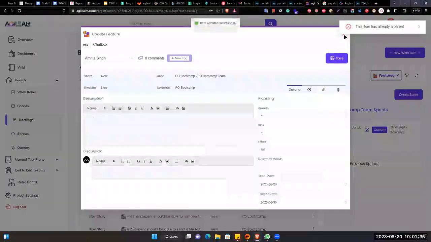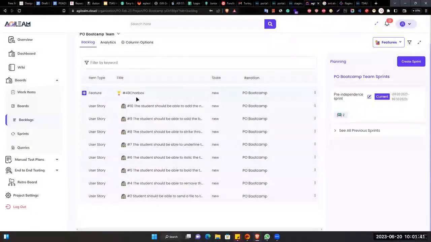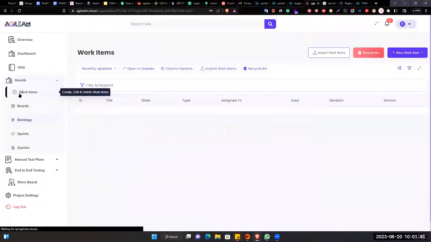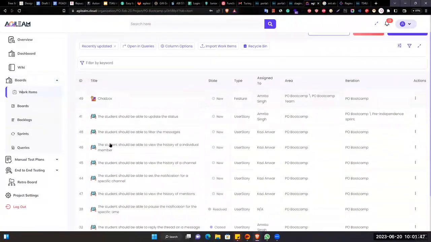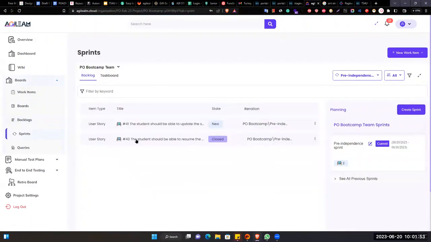After this, save this. Now if I close this and look, under this chat box feature we have these user stories. So you specify the user stories under the specific features, so that you can talk about those features also. Let's say how many user stories we have remaining in the chat box feature, or how many we have in the sidebar feature. So this is how we can specify different